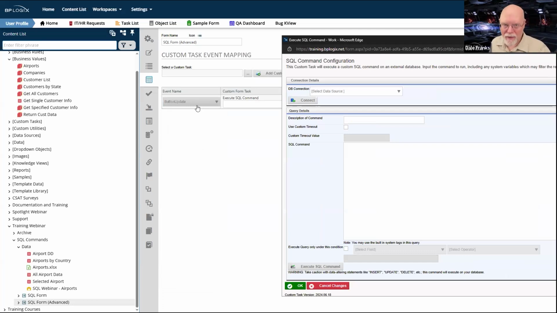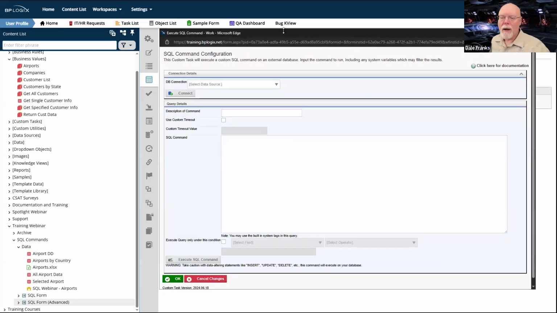And I have ways of even ensuring that that doesn't happen very often, simply by hiding or showing various buttons in my form.